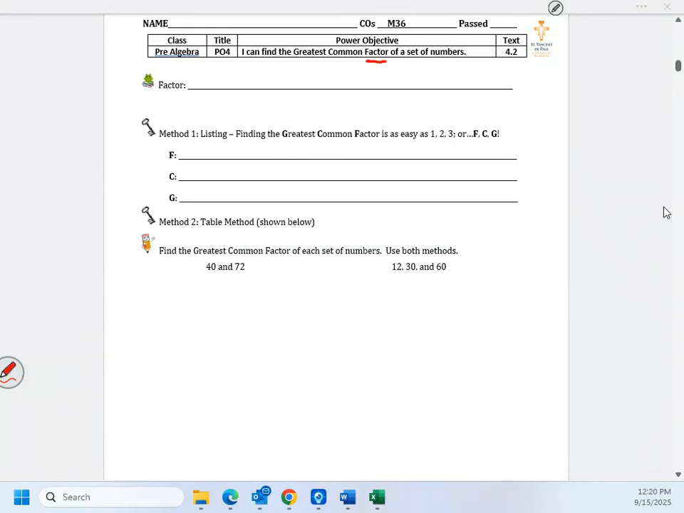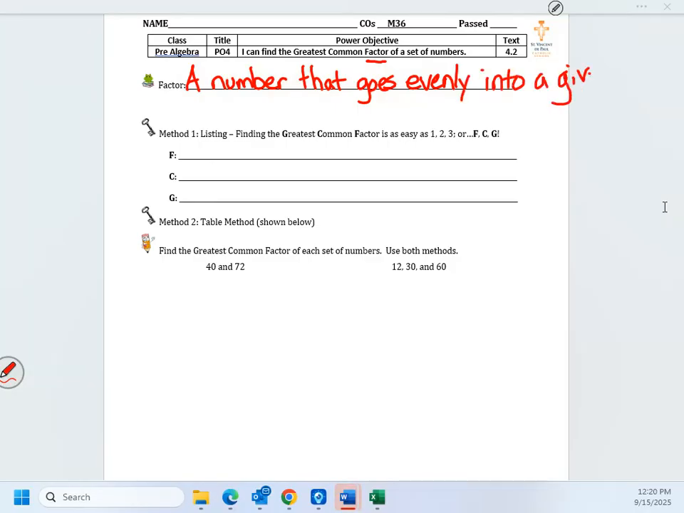A factor is a number that goes evenly into a given number. So a factor is a number that goes evenly into it. The number that you multiply by something else and it gives you that number. So an example would be